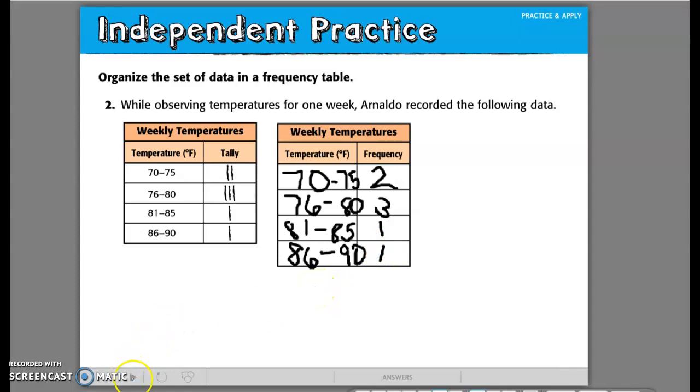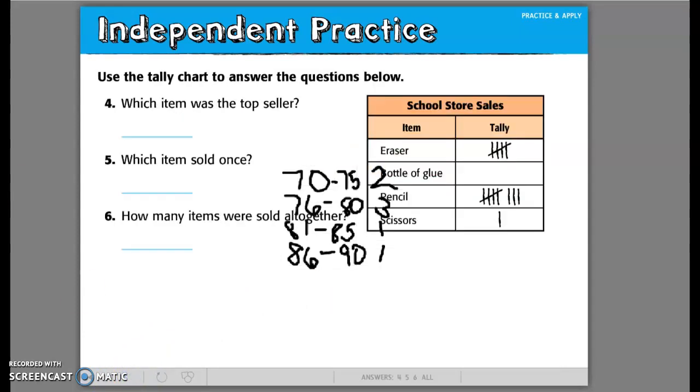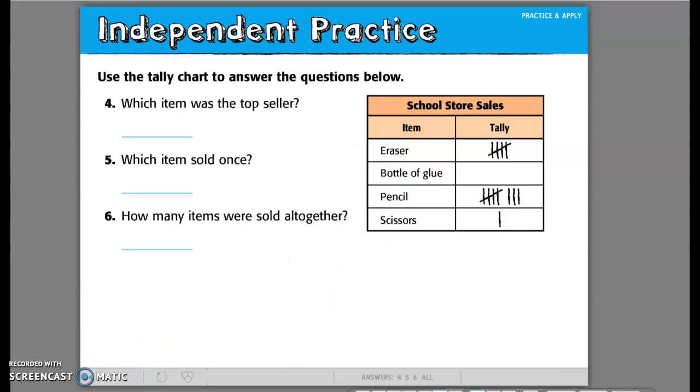All right, we're going to skip question number 3, and we're going to go on to question number 4. As I said, we're going to do the evens. Which item was the top seller? Use the tally chart to answer the questions. The school store sales. They have items such as erasers, a bottle of glue, pencils, and scissors. Which one has the most tallies? That's right, pencils was the most popular. So if you write pencils on that line,